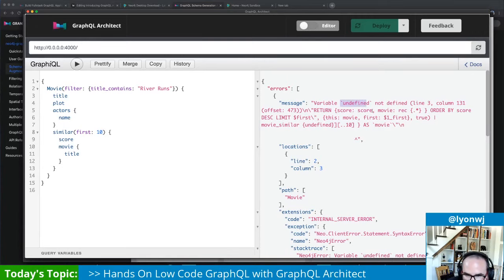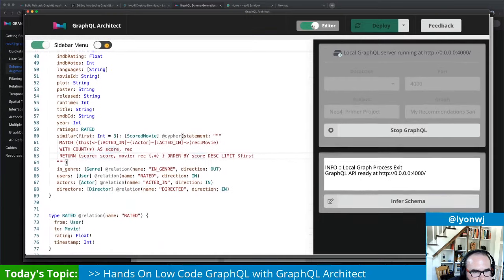So if we look at it, it's giving us part of the generated cipher query, order by score, descending, limit, first true, movie similar, undefined, and then grabbing the first 10. Yeah, I'm not sure. We'd have to